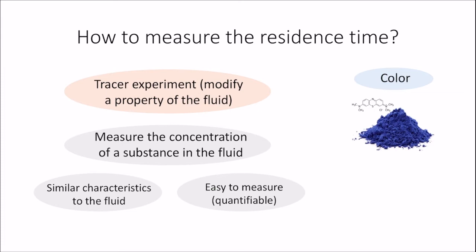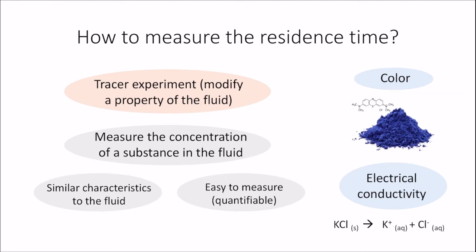However, this is not easily quantifiable. Therefore, we will also measure the electrical conductivity of the fluid, which will tell us the concentration of potassium chloride. This is a very quantifiable method and will allow us to perform a tracer experiment to calculate the residence time